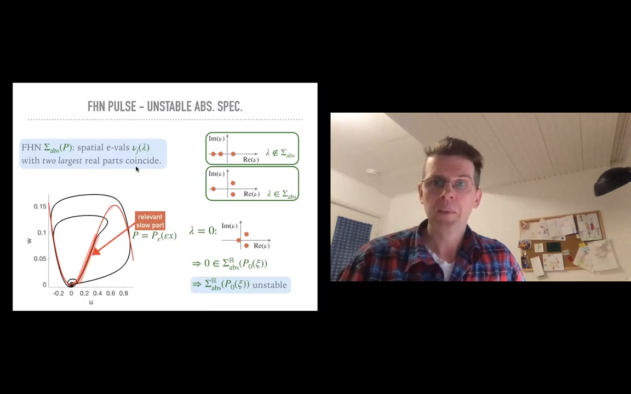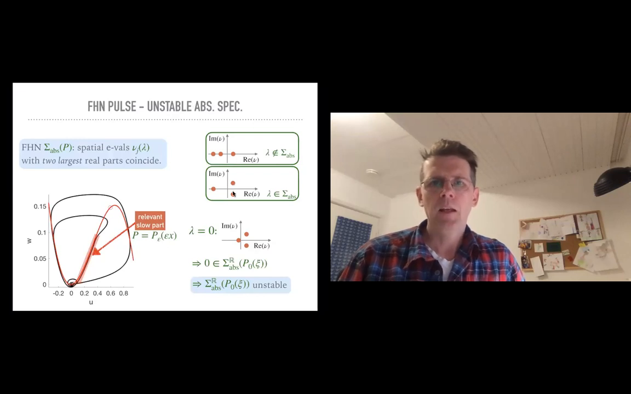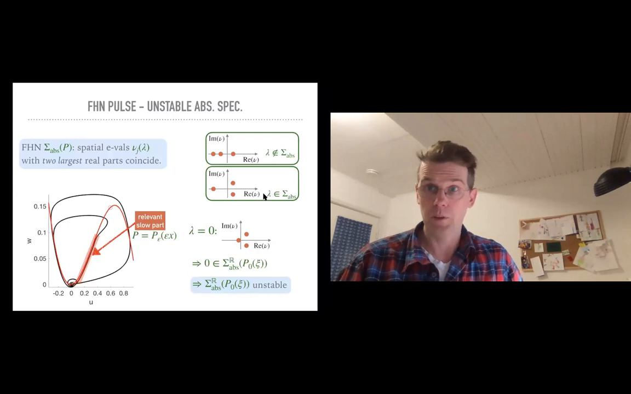And in pictures, this is shown here. We have these three eigenvalues which are separated. Then clearly this is not in the absolute spectrum because I can split. The most unstable ones are not having the same real part. On the other hand, in this picture here, the two eigenvalues with the largest real parts have the same, and I cannot split. This is the obstruction condition in FitzHugh-Nagumo, and that point is going to be in the absolute